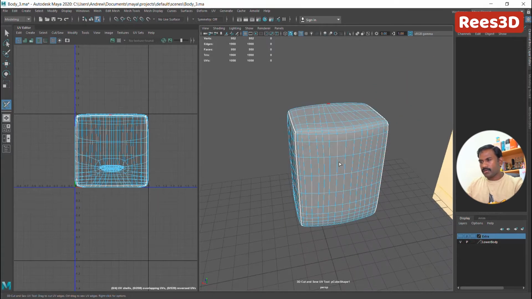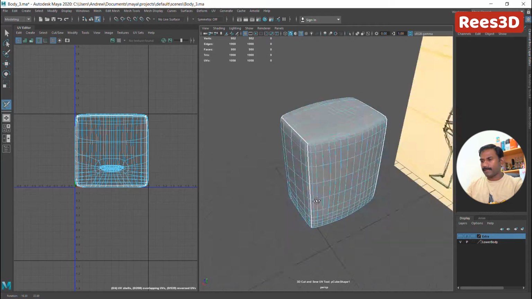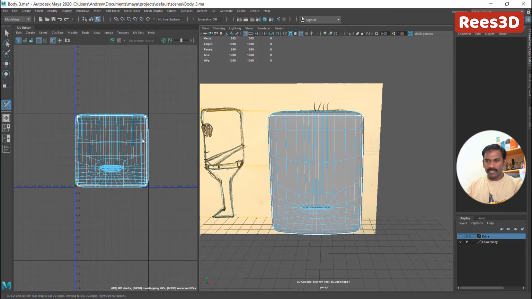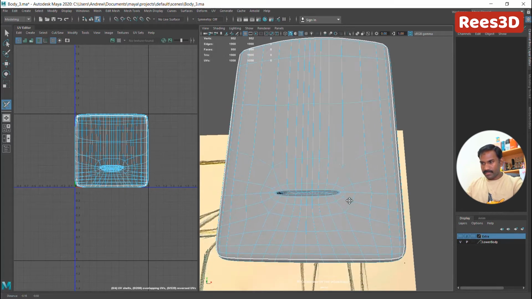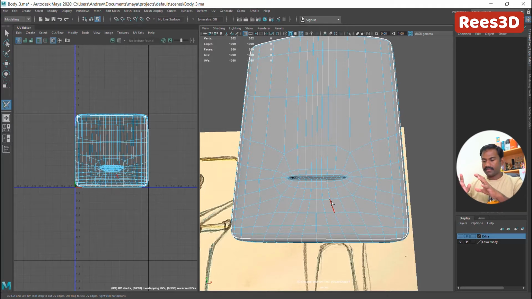Okay, so we could have kept this entire thing as one piece, but it'll be a little bit difficult for us to lay it down here if it is in a weird shape. So now that all of them are kind of like a rectangular shape, it'll be much easier for us. And now if you take a look at this area, this is our mouth area. Now we can keep it like this, so that it'll just give us this space that we need for creating the lips and stuff. Or we can actually split this mouth,